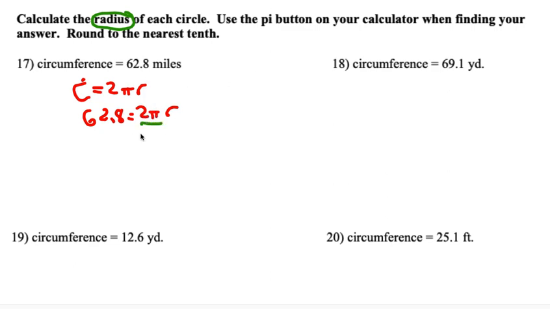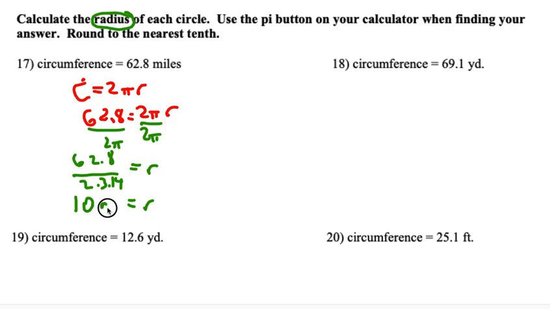To get rid of the 2 pi, because it's being multiplied, we divide. So we divide both sides by 2 times pi. Now 62.8 divided by 2 times 3.14 turns out the radius in this case is a relatively nice round number, in fact 10, which is meaningless unless we give the units,